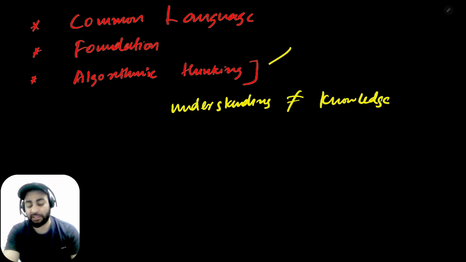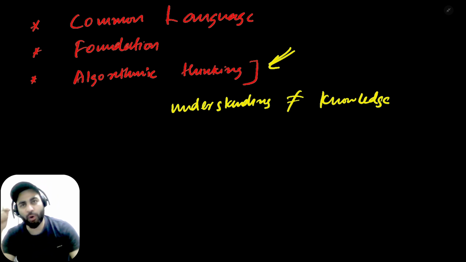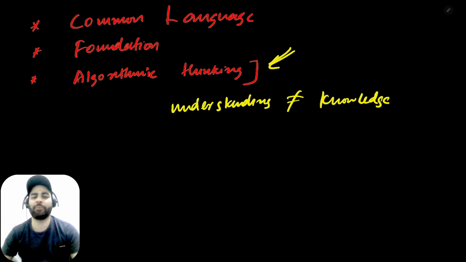That's why I'm talking about this algorithmic thinking. If you are facing a real-world problem, you must know how to make the computer do this, and how to teach the computer in order to solve the problem. That's where this algorithmic thinking comes. You must think algorithmically. You must not think like, I'll have to ask a human to do this, because if you ask a human, you just use natural language.